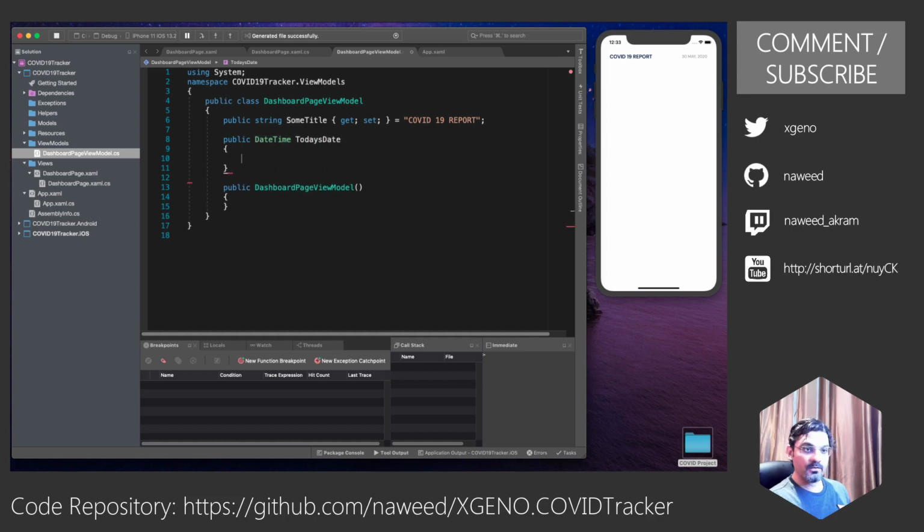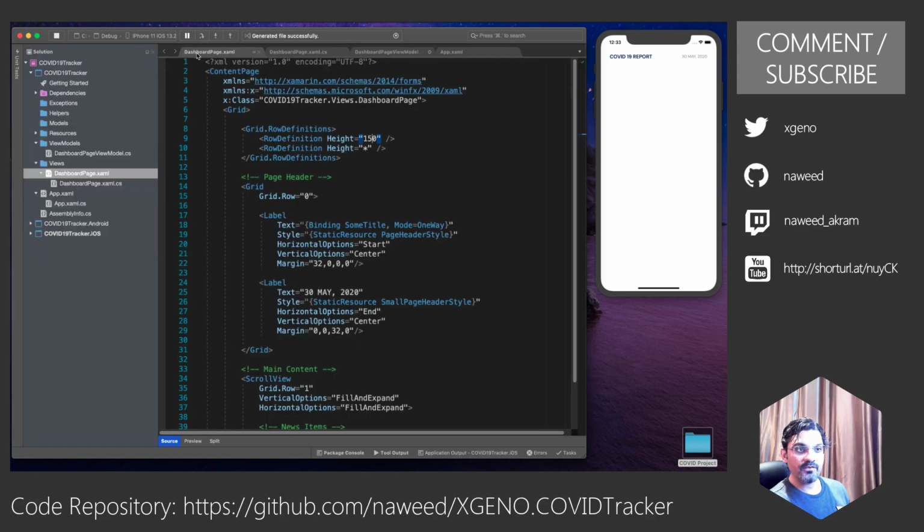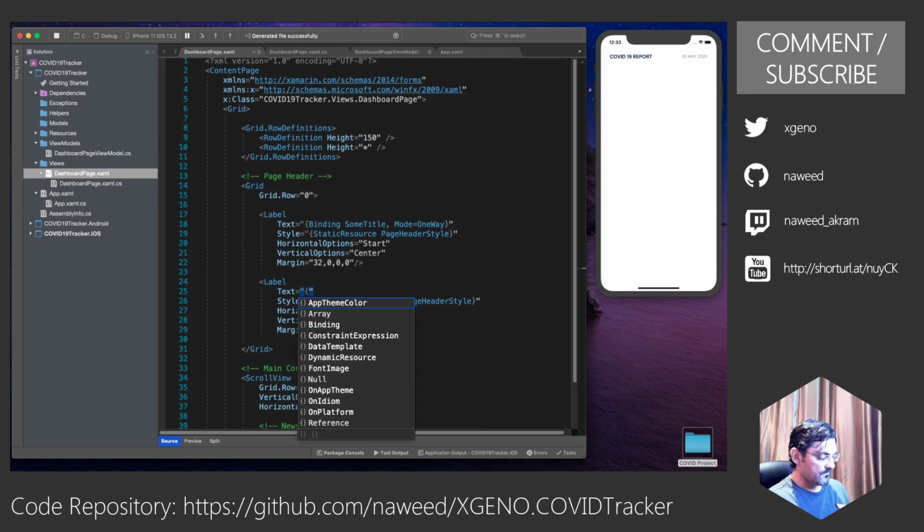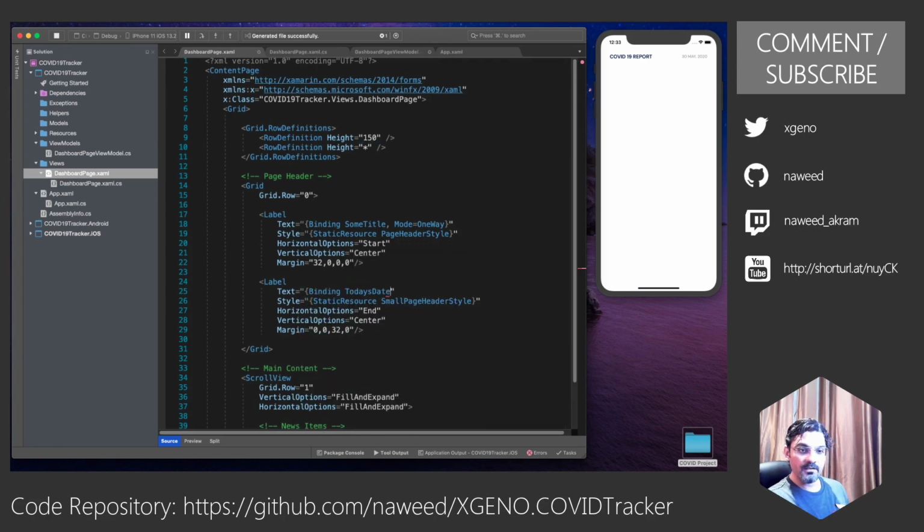And we only want it to be a getter, we don't want to set anything, so let's use a shorthand. Let's say we'll return date time dot now. It's today's date. Now I can come back here and we can fix this as well. Binding, again mode is equal to one way. Let me stop and run.